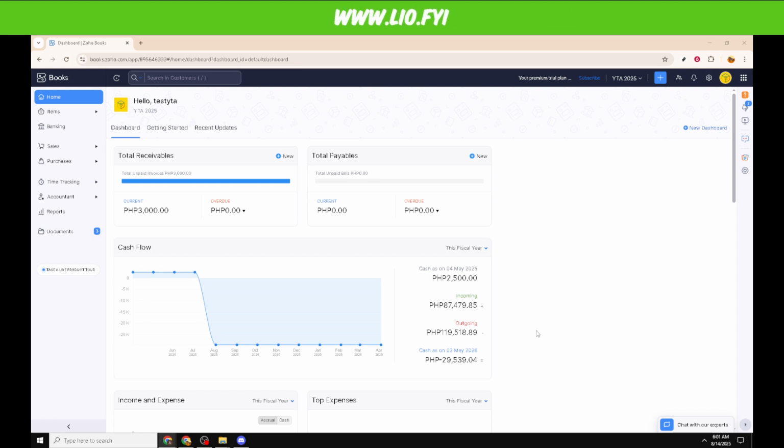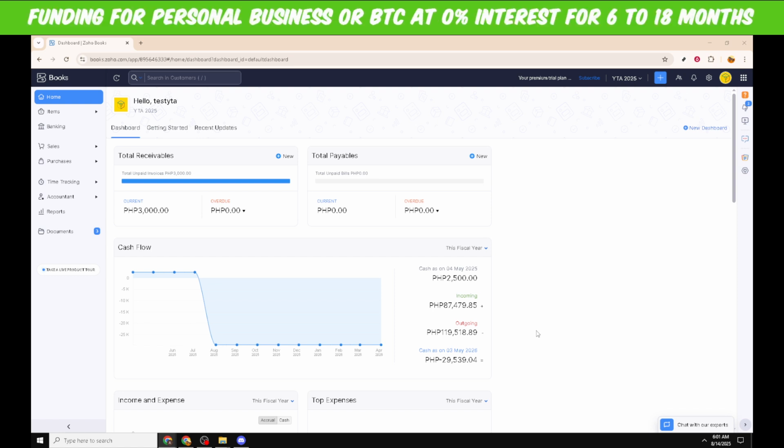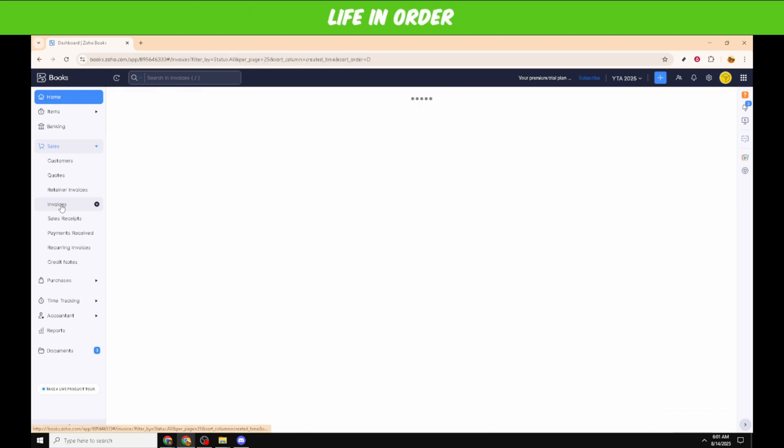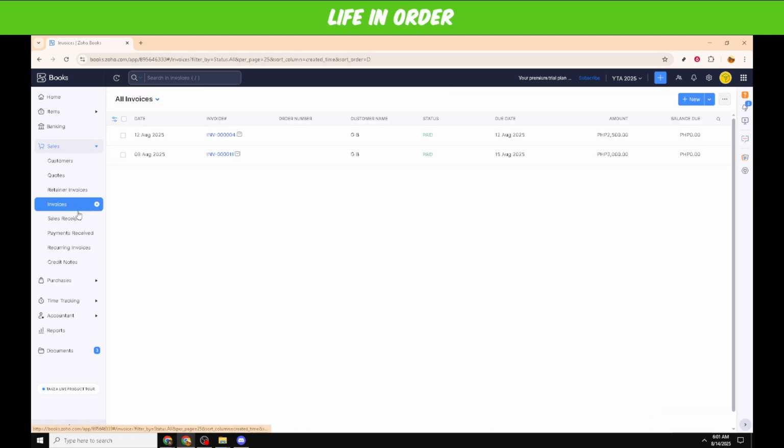Here, you will typically find your main dashboard, which provides a quick overview of your financial activities. This is the hub from which you'll access the rest of Zoho Books features. Now, to begin working on your invoices, you need to locate and click on the Invoices section. This section is specifically dedicated to creating and managing all your invoicing needs. By clicking on this tab, you'll be led to a page where you can view existing invoices and create new